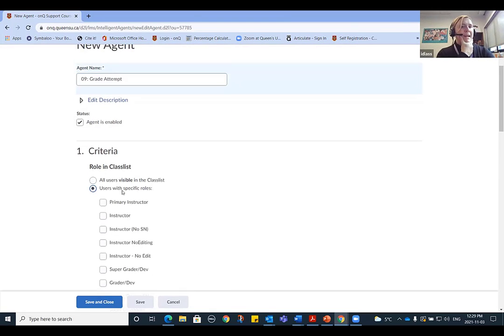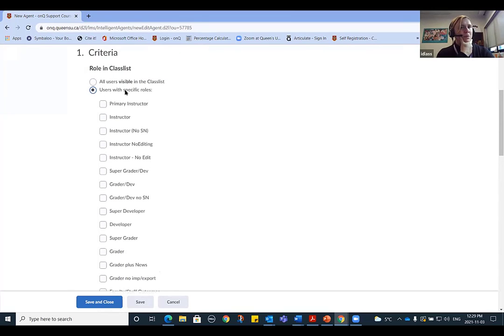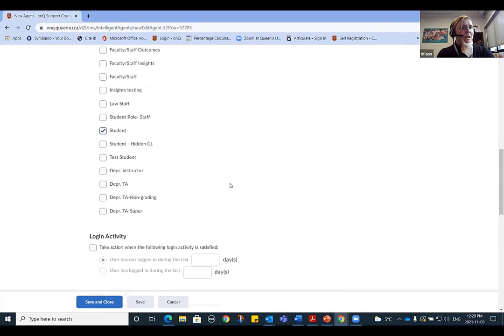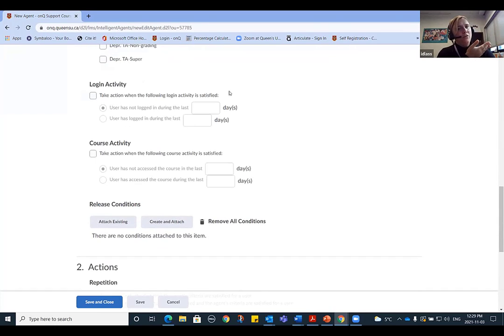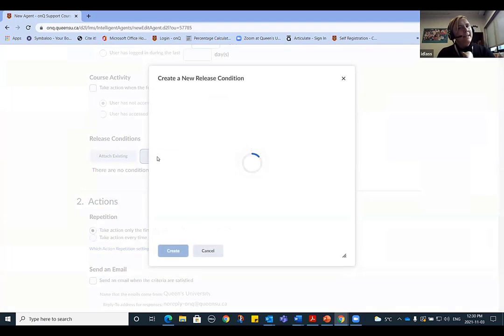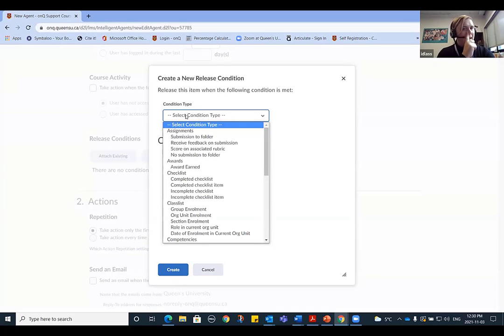So again, I only want this going out to students, so I switch to user with specific role, and I'm going to pick student. And then it's not related to login activity, it's related to course activity. So this is where I'm going to pick that course activity. Oh, sorry. It's not course activity. It's this one I mean to do the action. So it's a release condition. So I am going to create and attach a release condition, and I'm going to pick